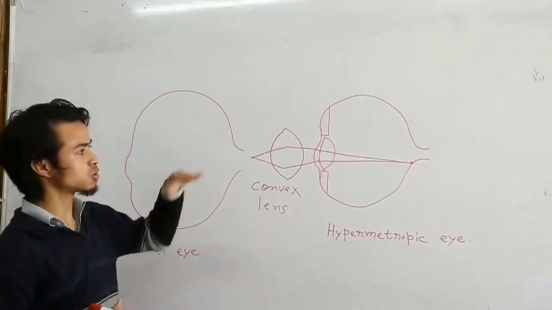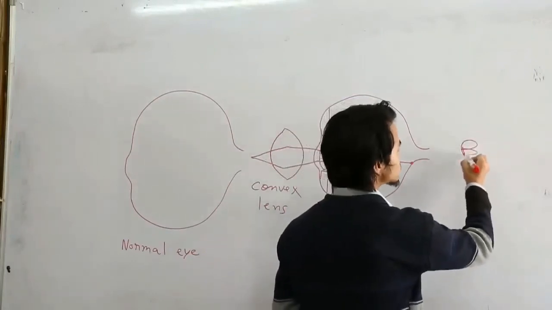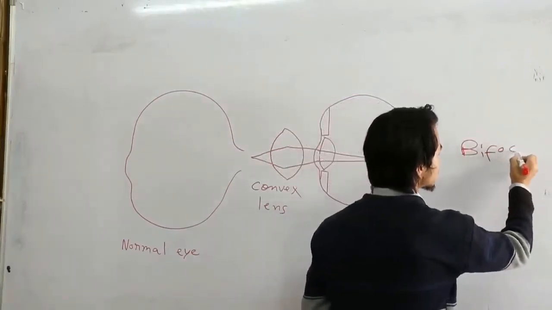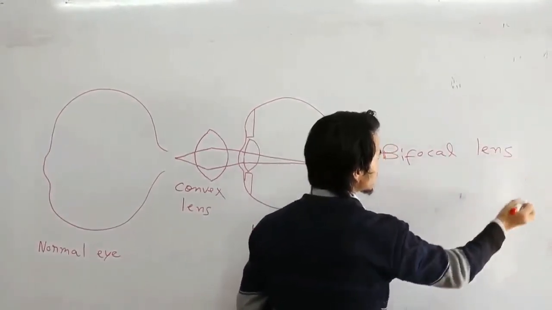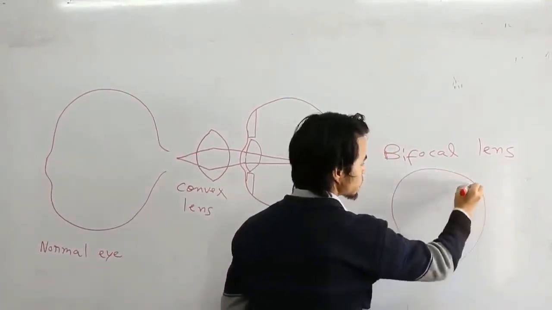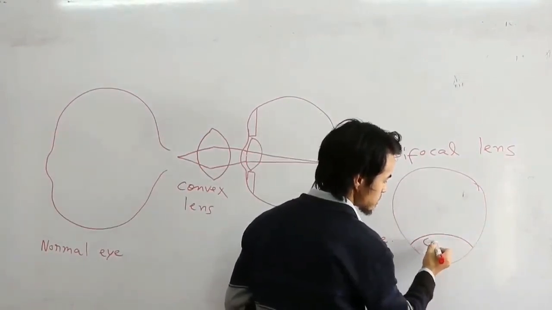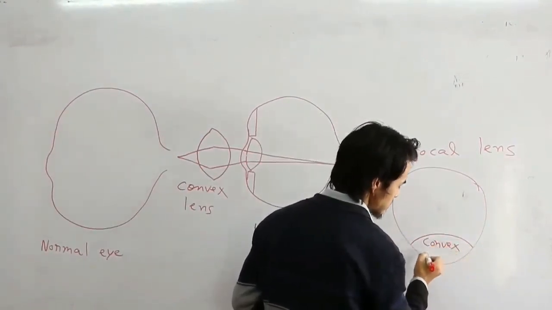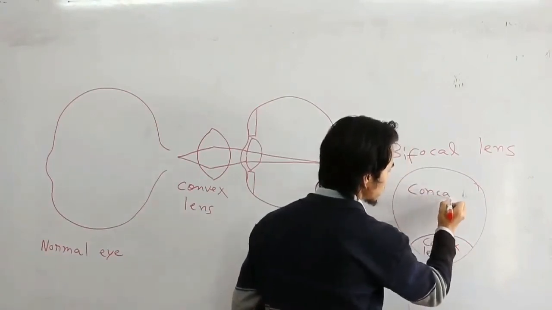So how do we correct such a defect? Such a defect is corrected by using a bifocal lens. In the bifocal lens, suppose this is a bifocal lens, the lower part is made of convex lens and the upper part is concave